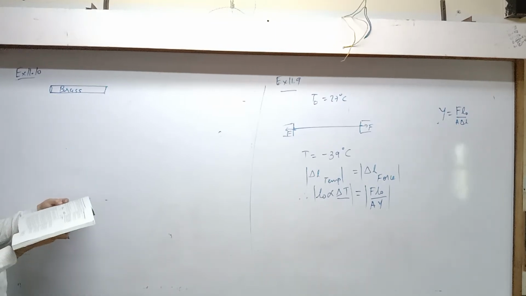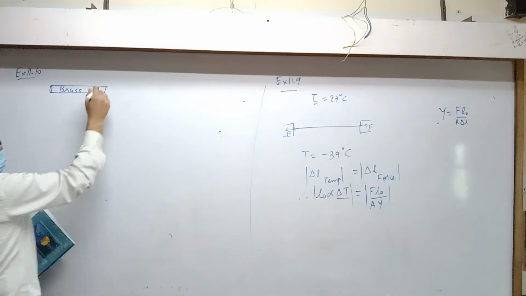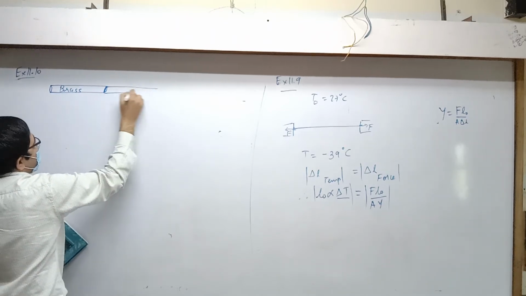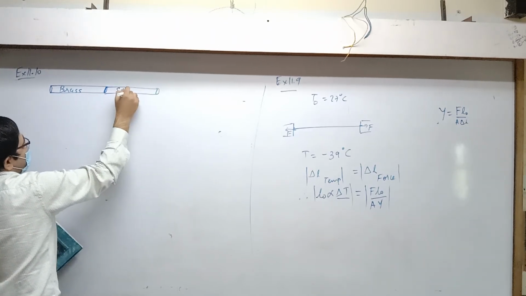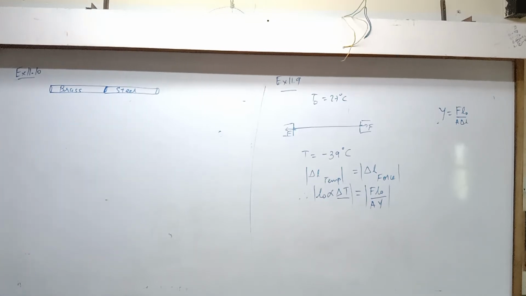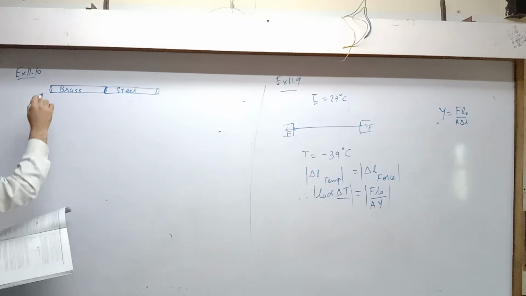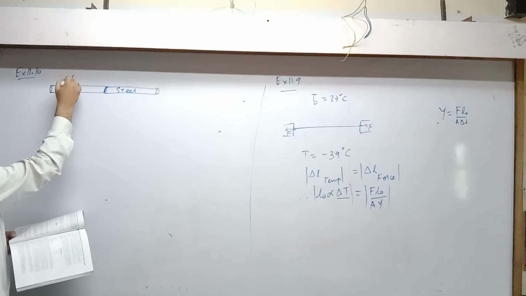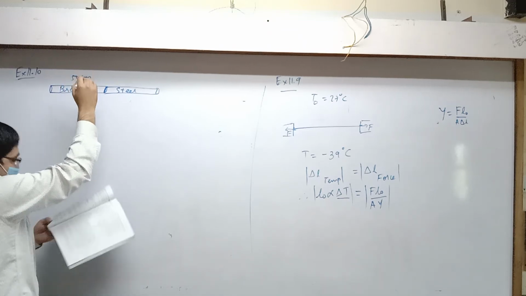Now it would then be connected with a steel rod called Q. Did you understand? So the brass rod will be connected to the steel rod like this. Okay, only then does the question make sense. Otherwise, it's not that useful. So, what is the length of this? 50 centimeters. And the same for steel.